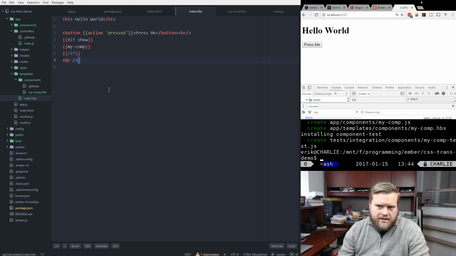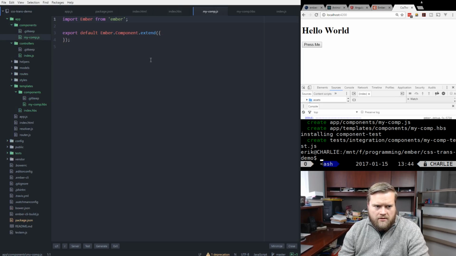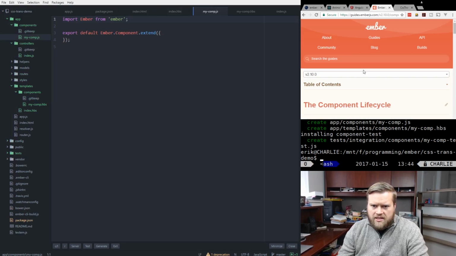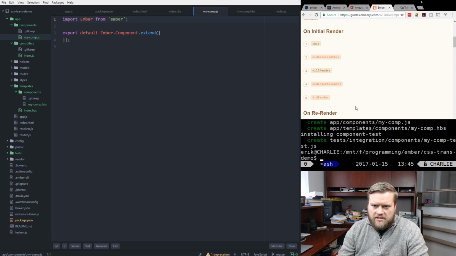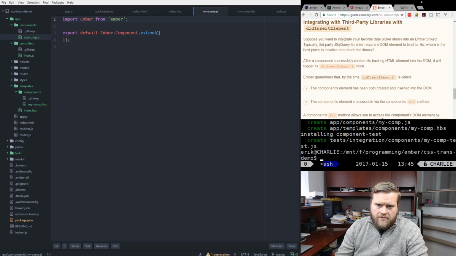So if we remember back to our lifecycle hooks, if you look inside here, the component lifecycle, we know that there's a few things that happen every time a component is rendered on the screen and when it's not rendered on the screen. So by convention, Ember.js recommends that you put third-party libraries in the didInsertElement lifecycle hook. So let's see if we can do that. And our goal would be to see if we can fade in the component using the didInsertElement lifecycle hook. So didInsertElement,